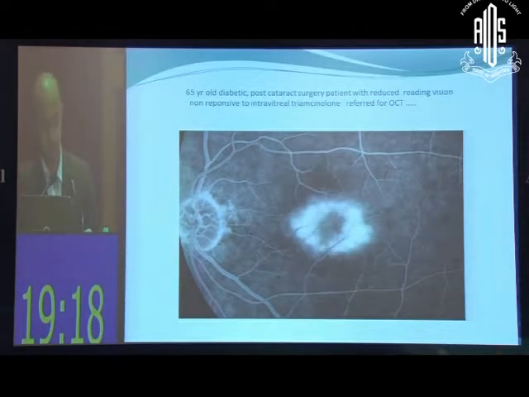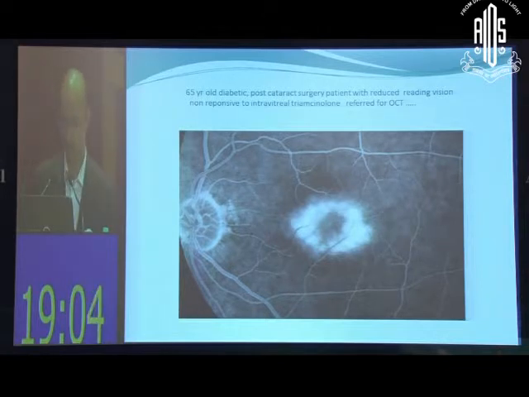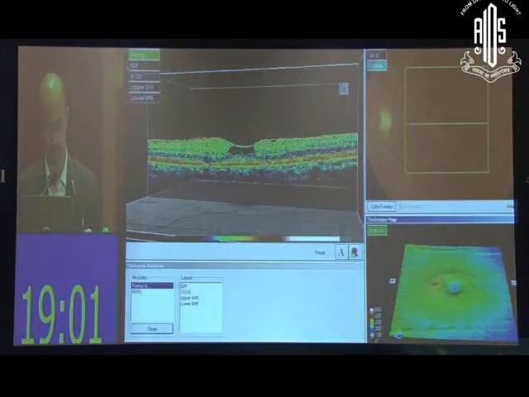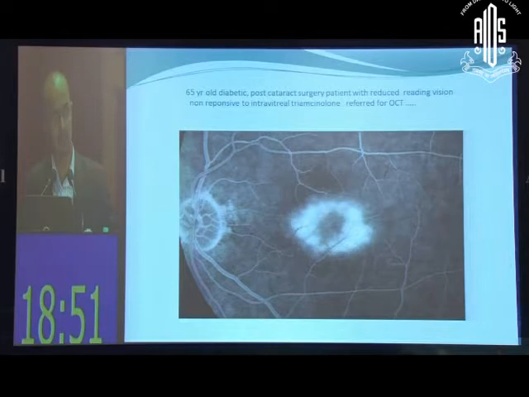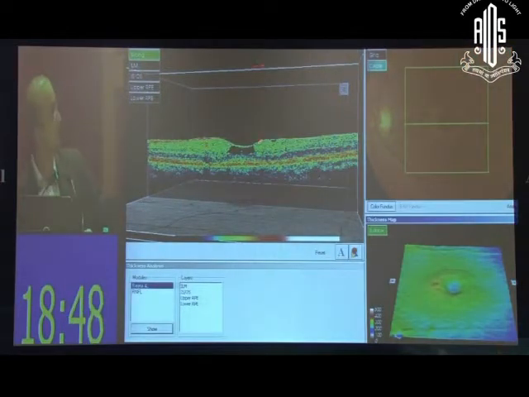Now coming to another patient who was a 65-year-old diabetic, post cataract surgery, with reduced vision, and he was given injection triamcinolone with the hope that he'll improve his eyesight, but he did not respond, and then was referred to us for an OCT. But on the OCT you can see that there is nothing here. So this is where exactly you will see a dramatic picture on the angiography, but you will really not see any elevation in the macular area. You can only see cystoid spaces, and this is characteristic of the idiopathic juxtafoveal telangiectasia.